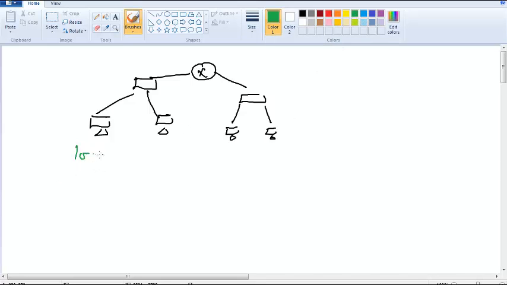So let's say here 10.0.0.1 subnet mask 255.0.0.0, and then here is 10.0.0.2 255.0.0.0, and here 20.0.0.1 255.0.0.0, 20.0.0.2 255.0.0.0, and